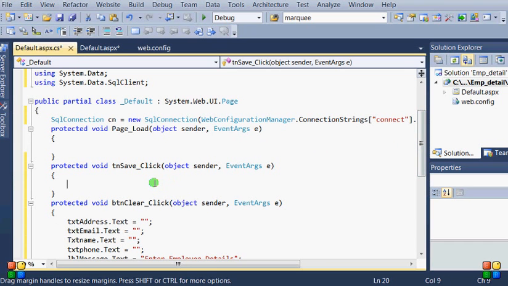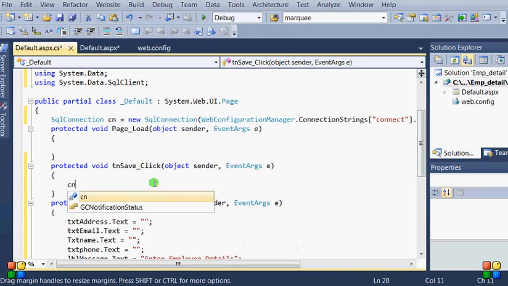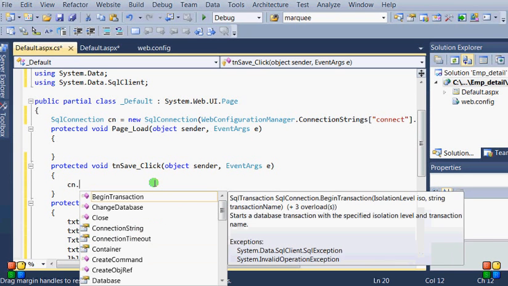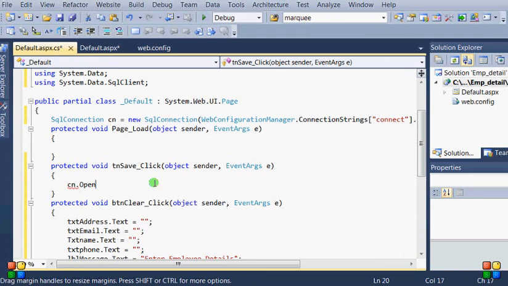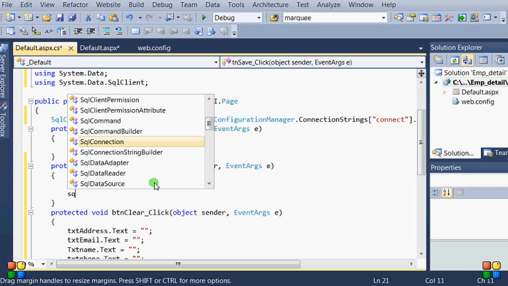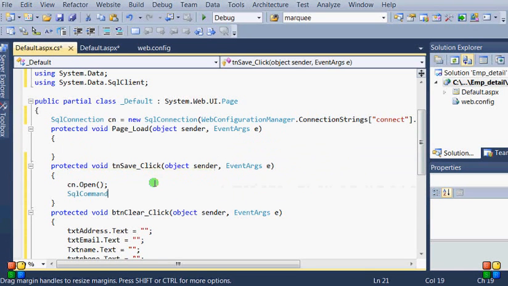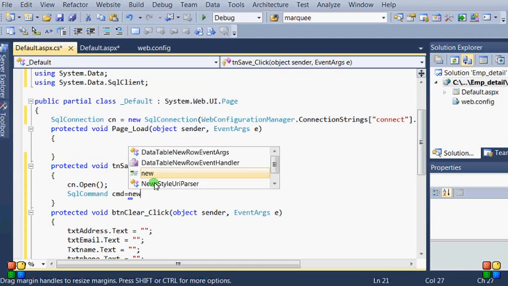Now just put the command for adding SQL. So here, first open our database connectivity. Now the connection is open with this command. After that we have to write the SQL command: cmd. cmd is an object of SqlCommand. Now new